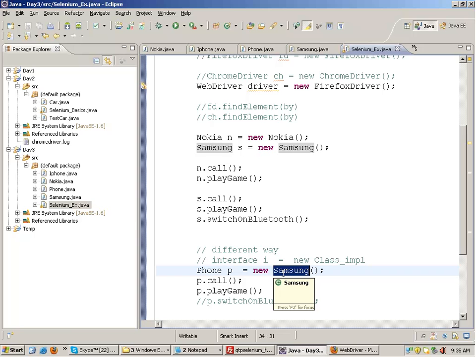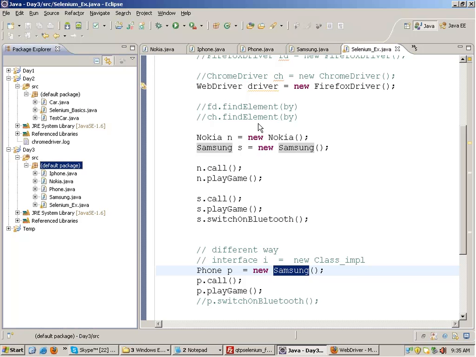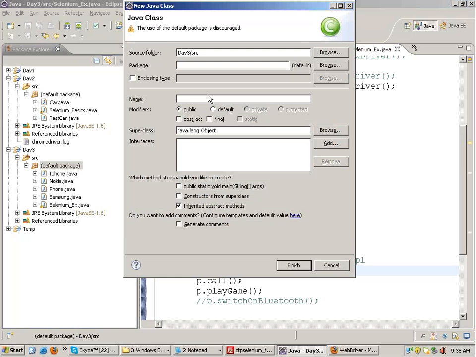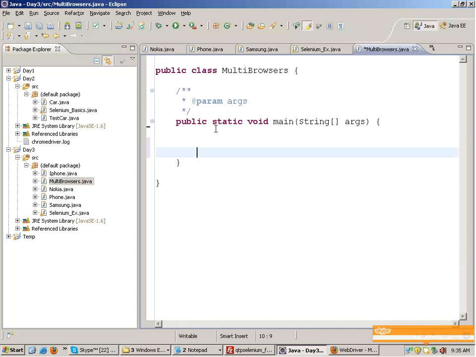Now, why is this important? This is important because somebody was asking me a question yesterday: how do I run my scripts on multiple browsers? This will help over there. Suppose I have a class and in this class I write like this. Suppose Firefox driver equals to new Firefox driver,